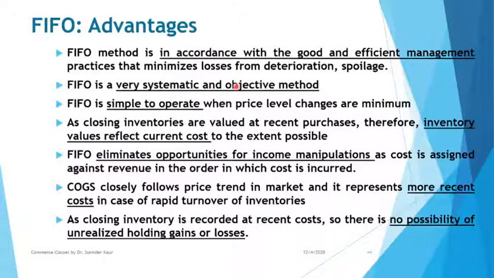Second is, it's a very systematic and objective method. Systematic in the sense that you have put in a system that the stock which will come first will be sold first. The stocks which are coming later will be retained. So it's a system. And it is objective because nothing is left to the fancy of the store's recording person, the store's employee. It's not his choice to record the pricing. It is as per the system. So it is objective. It is free from personal bias. So objective here means freedom from the bias. Okay. So it's not that two persons following the same system will come up with different results. They will be getting you the same results.